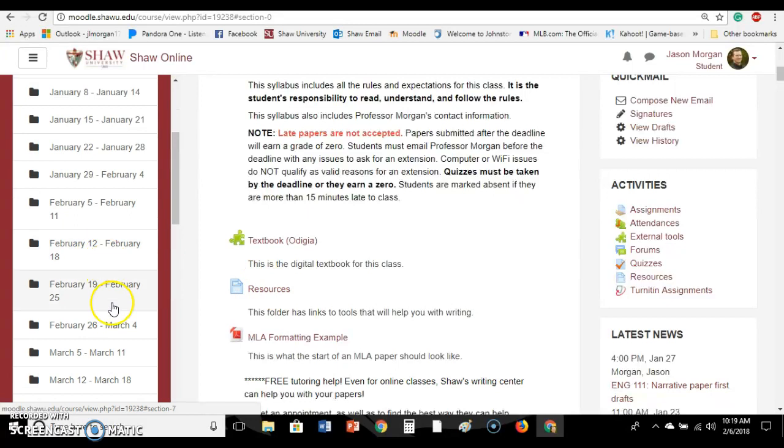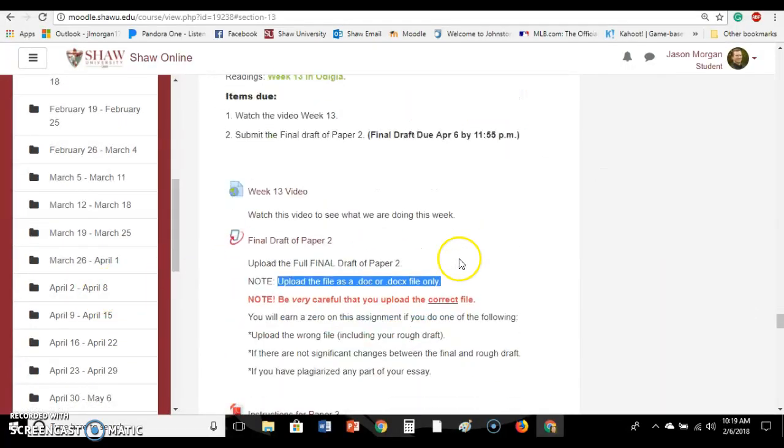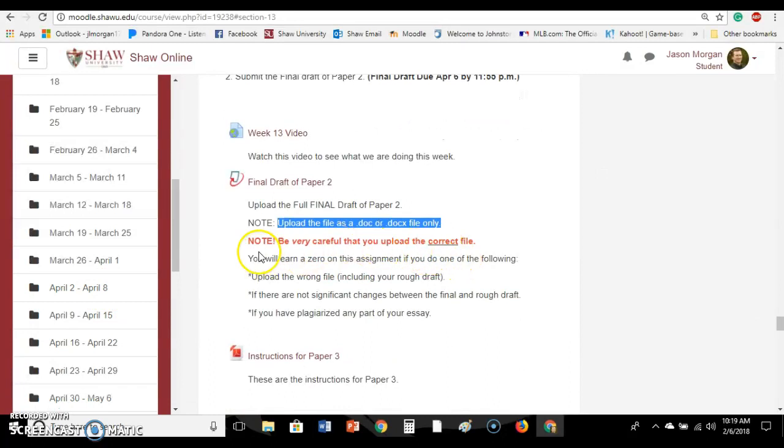So I am dead serious. You have to submit it correctly because I have to be able to open it and be able to grade it. And make sure that you are very careful that you are opening the correct file. If you do not upload the correct file, we got a problem, because you'll earn a 0 if you upload the wrong file, including the first draft. So I would strongly encourage you, when you save your papers, when you save your files,